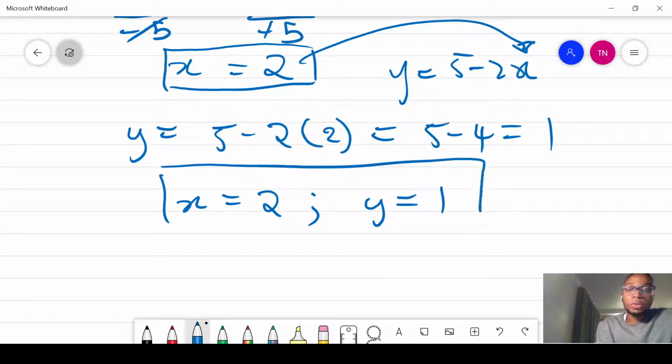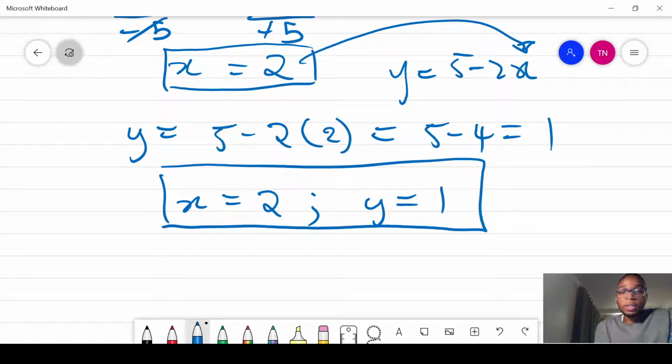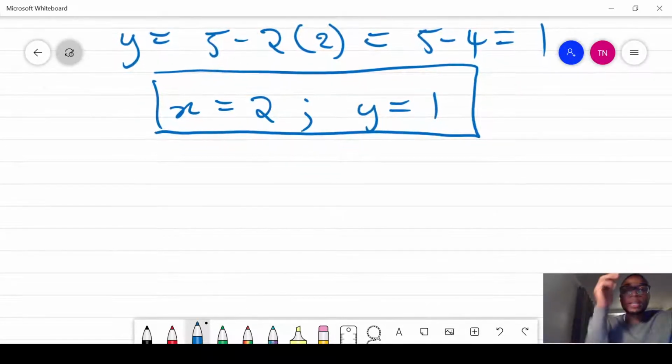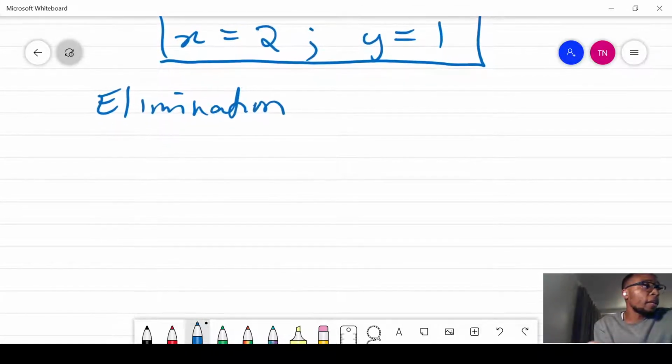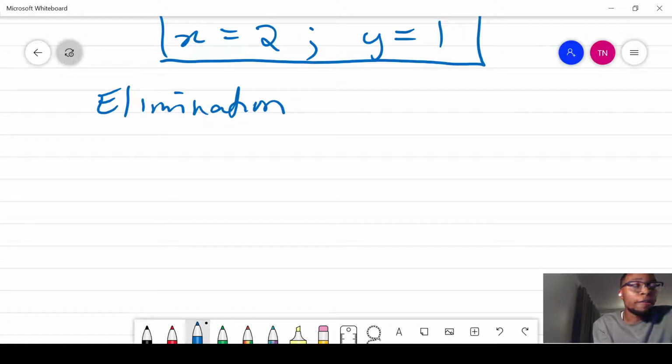And that is your solution using substitution. And you can check that by substituting 2 and 1 into the equations that we had from the start. So now we're going to solve the same equation now, but by elimination. And let's see if we get the same answer. So now solving it by elimination, we have